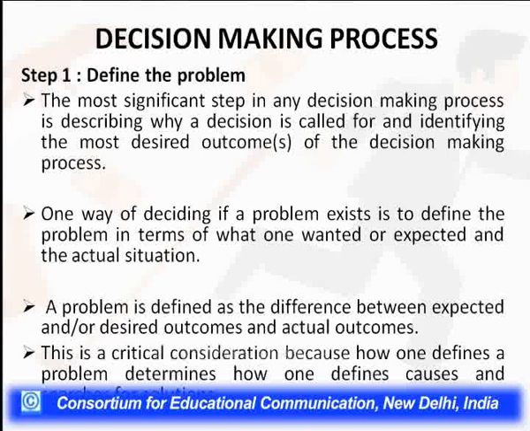There is a difference between the actual situation and what you want. So which makes a lot of difference and which changes your desired outcomes also, because sometimes the situation is out of control, sometimes the situation is entirely different, and what you want is definitely different. So you have to keep these considerations in mind. Number one, the desired outcomes, and secondly, what you want and what you expect and what the actual situation is all about. So we have talked about the three parameters when you are defining a problem.